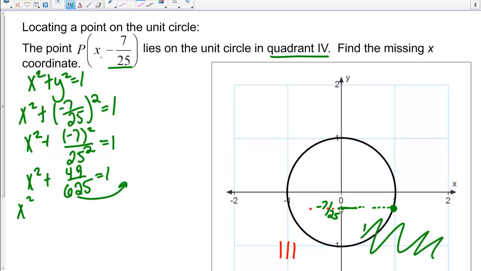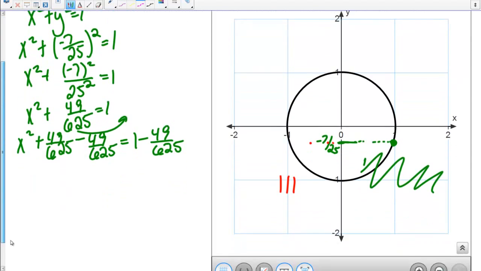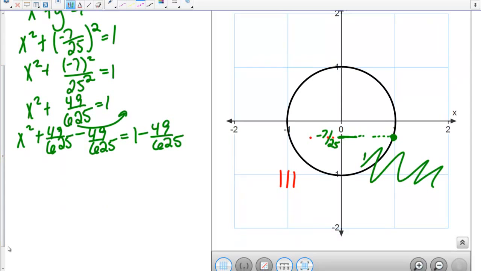So for x squared, we're going to subtract 49 over 625 from both sides. So now we have x squared equals 1 minus 49